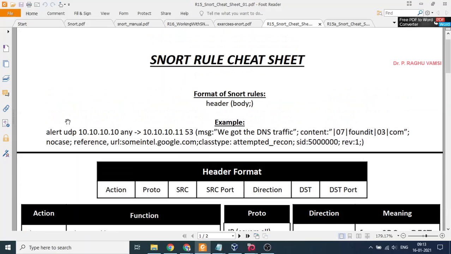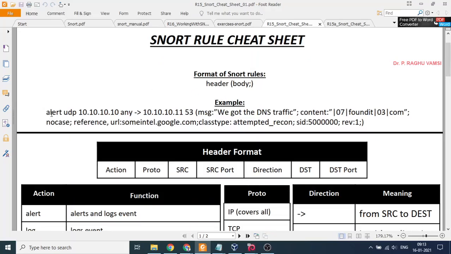Here, the format of the Snort rule will be like this: the rule header and the rule body. An example is like this: alert UDP. That means the action we are going to take is alert. There are many other actions available, like alert, drop, reject, and so on.